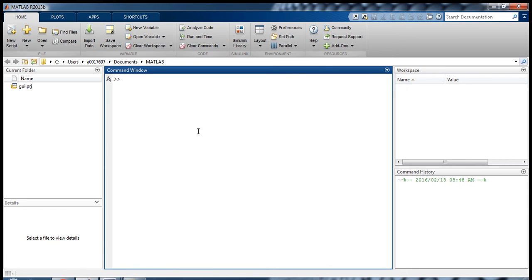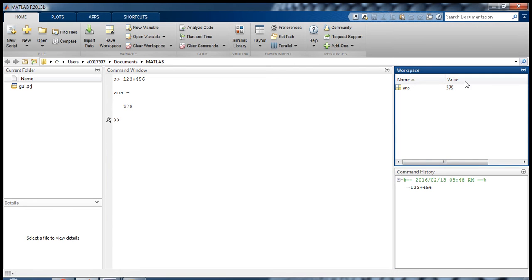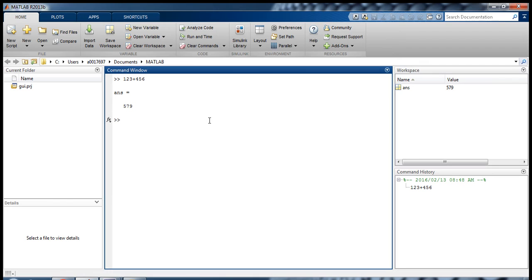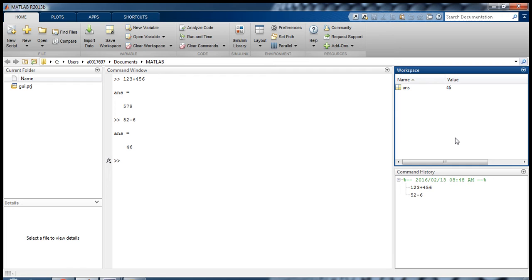So if I type 1, 2, 3 plus 4, 5, 6 and I push enter into the command window, then it gives me the answer, and then there are also other things that pop up in other windows. So the workspace, if I click on the workspace, I have a list of all the current variables that are stored in memory, and I'll explain what variables are in later videos. But for now, it's sufficient for you to just understand that if I type something else, I don't know, 52 minus 6, then the variables update,